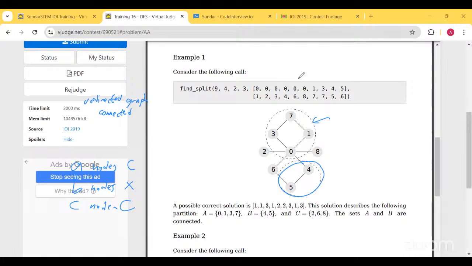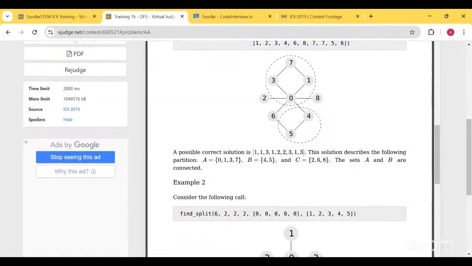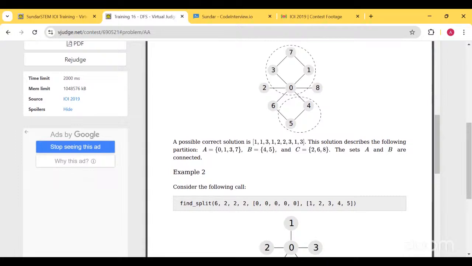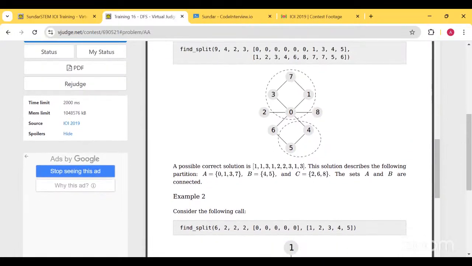Yes, connected as well. How about the third group? Not connected. Okay, but it is allowed. So it just needs to connect two groups. Alright, so just return an array or a vector that